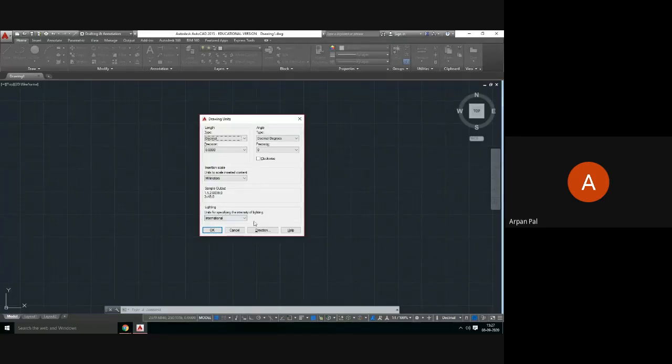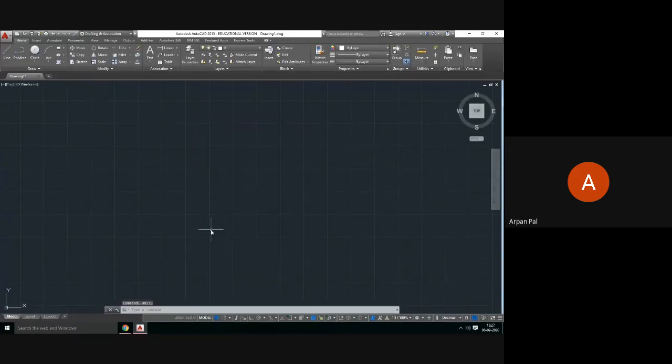So how to set the units, and then enter. Then it will open this box, and what I have said is, the unit scale inside the content, you keep millimeter, but the precision you make 0. That means after the decimal, how many figures you will give. This is for the length part, and this is for the angle part. After selecting all those things, you need to press OK. So have I told you how to draw a line last time?